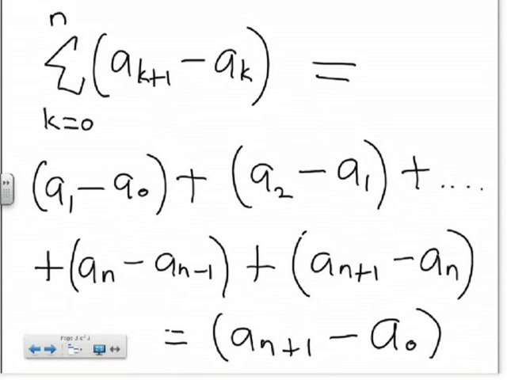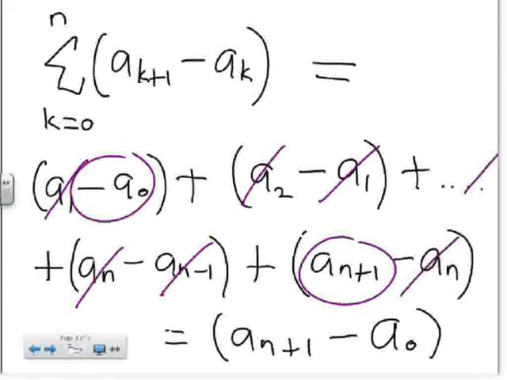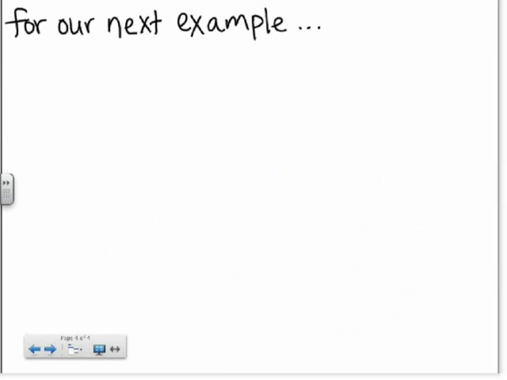For this example, a sub 1 cancels with negative a sub 1, a sub 2 with negative a sub 2, dot, dot, dot, a sub n with negative a sub n, leaving a sub n plus 1 and negative a sub 0. Okay, for our next example, we have the sum of 1 over 4n squared minus 1